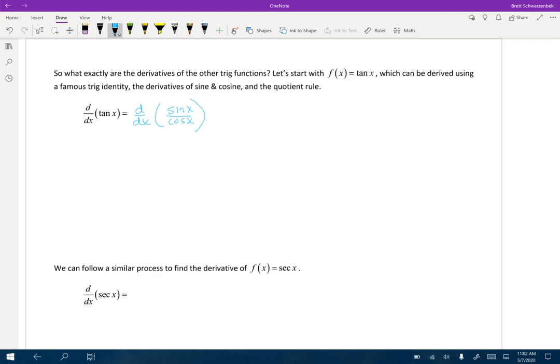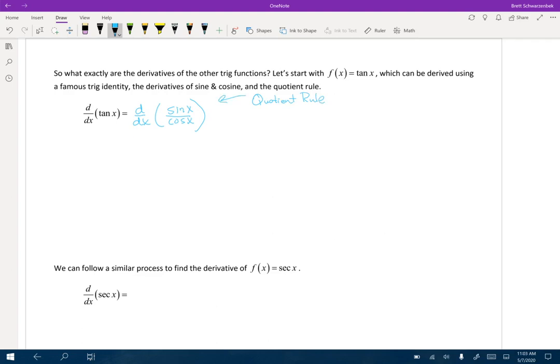So what do we have right now? We have the derivative of a what? Hint, hint, previous section. We have a fraction, so we have the derivative of a quotient, which means we can use the quotient rule